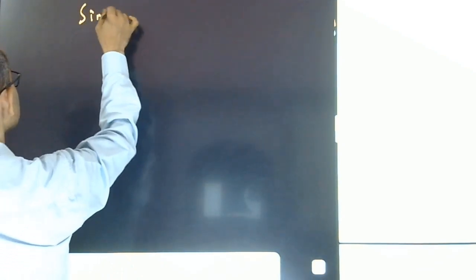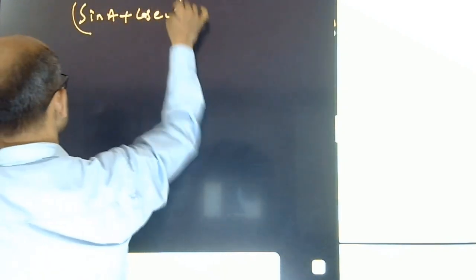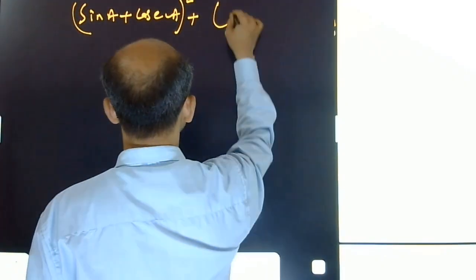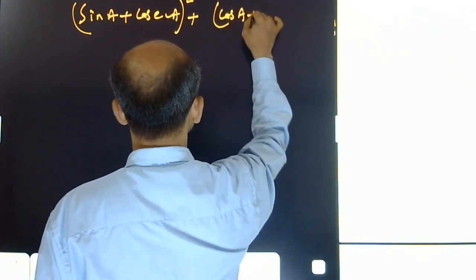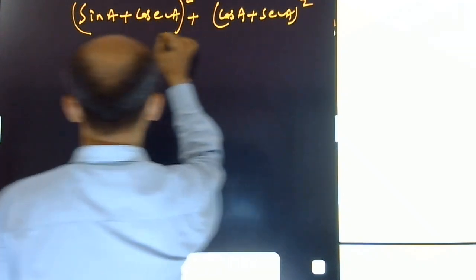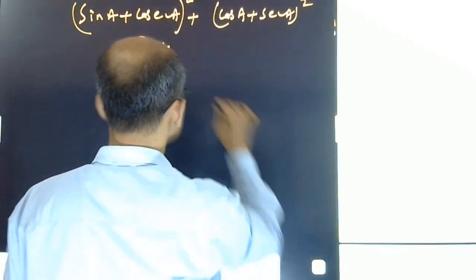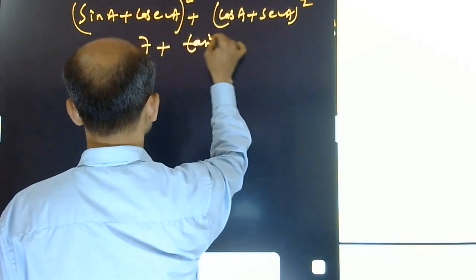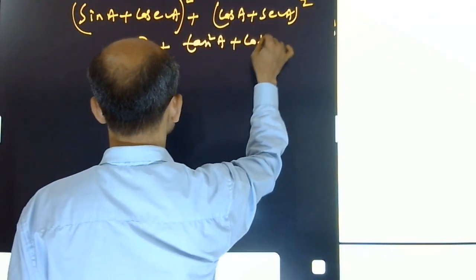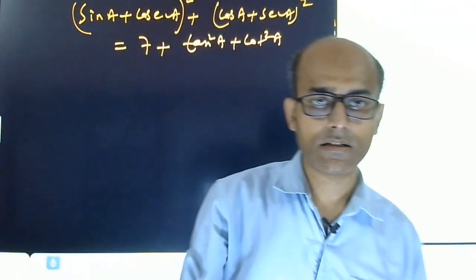It is given (sin A plus cosec A) whole to the power 2 plus (cos A plus sec A) whole to the power 2 is equal to 7 plus tan square A plus cot square A. One thing I am just going to tell you, this question is asked many times in